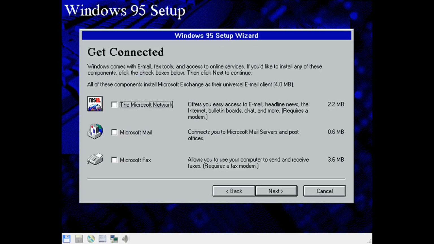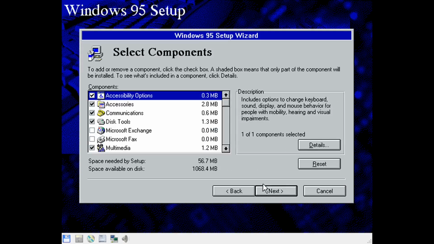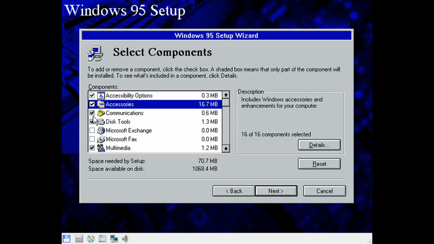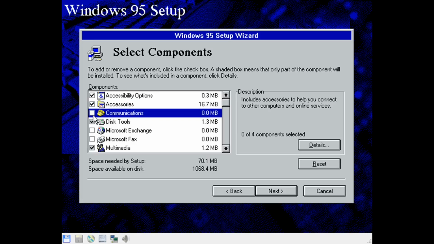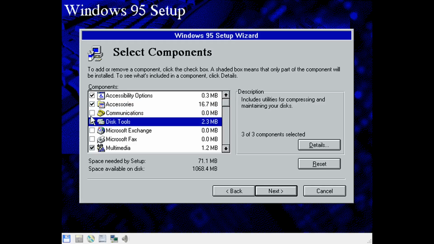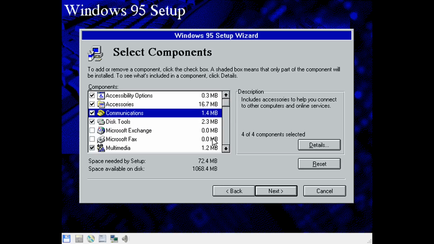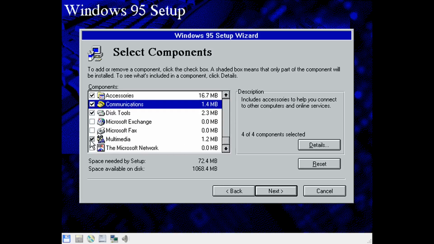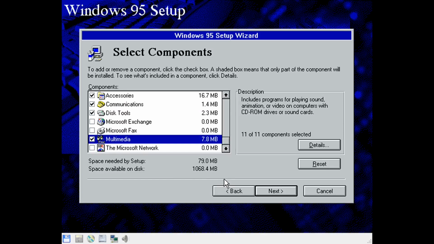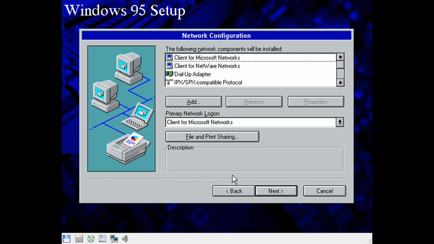Okay, so I don't really care about any of these, so I'm just gonna click next. Sure. Microsoft Exchange now. Multimedia. Okay, there we go. So next. Actually, wait. Alright, so we're gonna